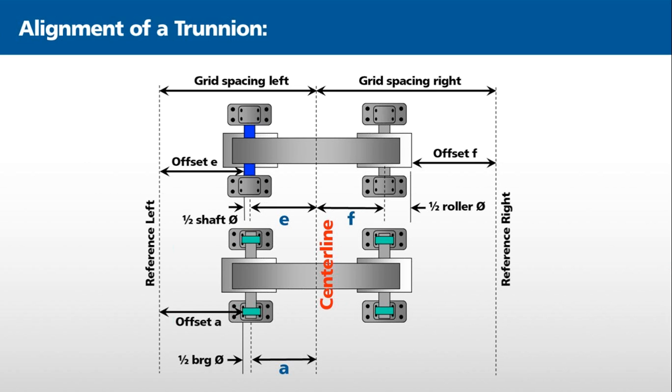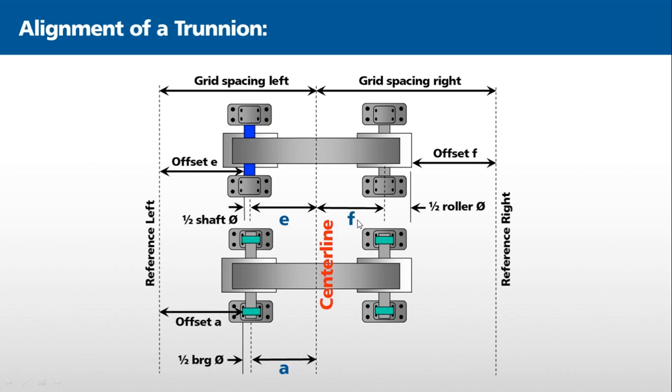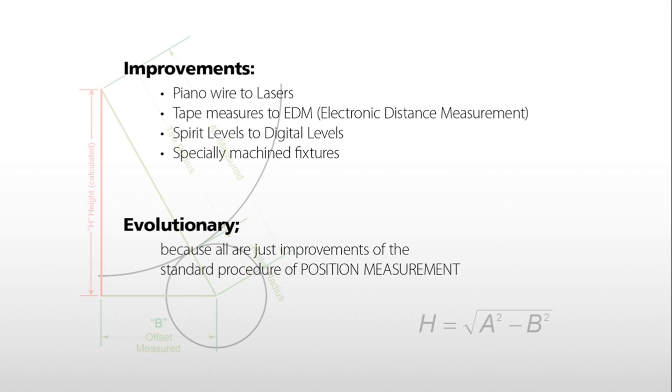So now the traditional method, and I'm just showing a plan view of a drum with two tires. We can see the two tires, one here and one here, and of course each tire looking down is supported on the two trunnions. I'm not showing the shell. And the traditional method has been to strike a center line and very carefully, using lasers and micrometers and whatever tools are at your disposal, measure very carefully the position of each of the 8 bearings to get them properly lined up. So that's a traditional method of